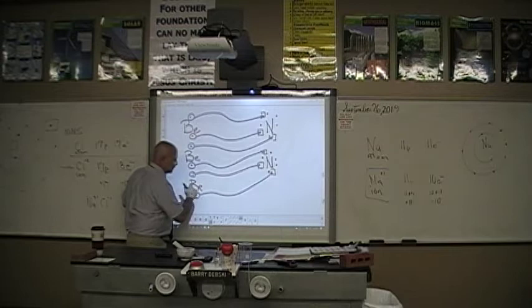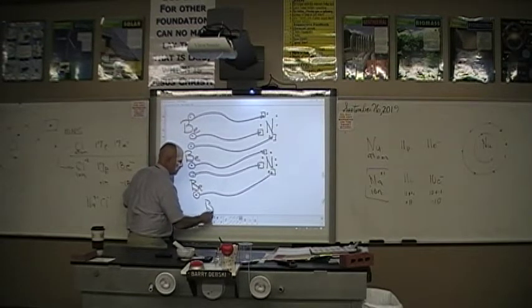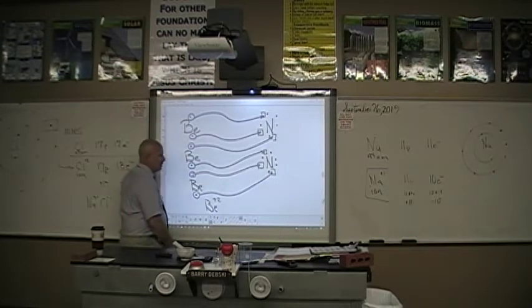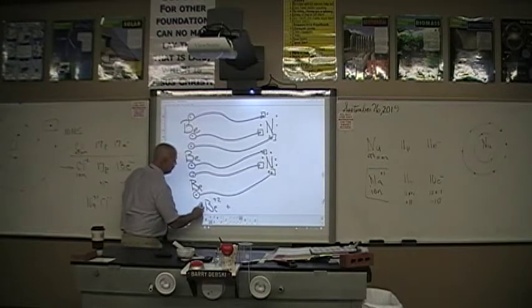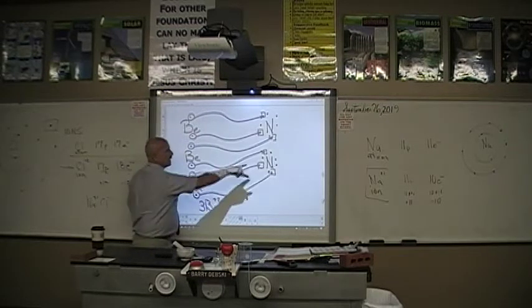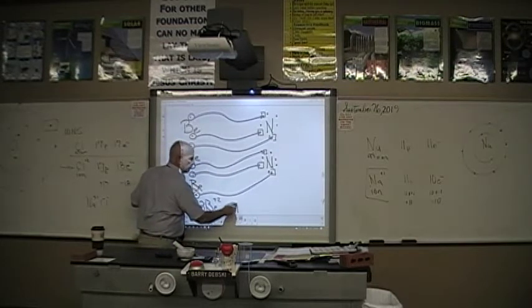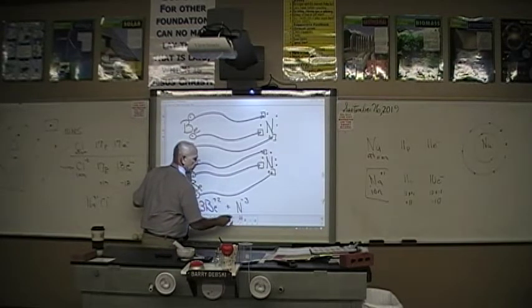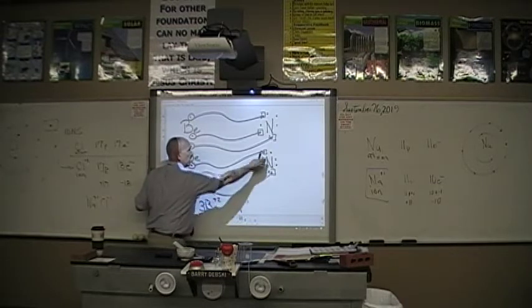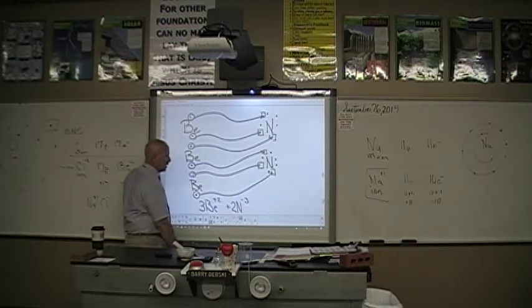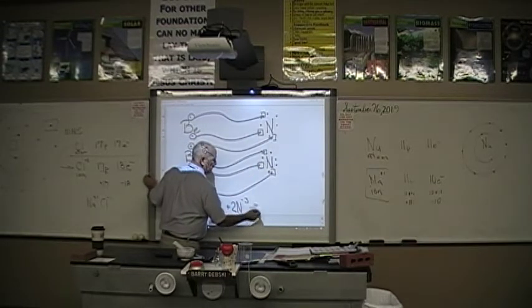So my beryllium has lost 2. Each one becomes a +2. My nitrogens, and I've got 3 of them. My nitrogens have each gained 3 electrons, so they are now -3. And there's 2 nitrogens. 2 nitrogens, each with a -3 charge. And together, they're combining to form